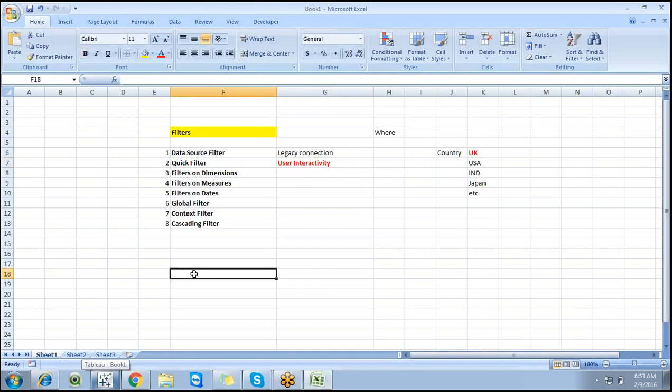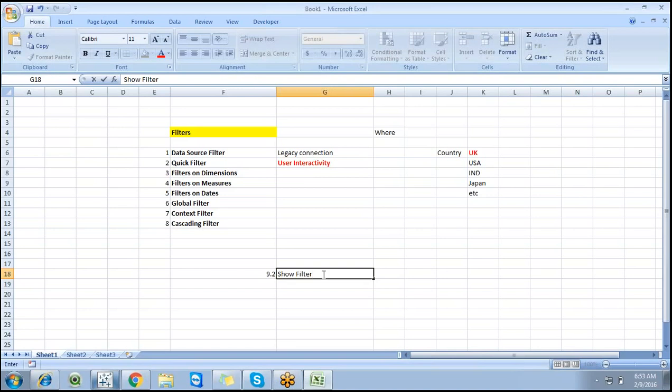This is the 9.0 version, but in the 9.2 version you will have a direct show filter option.